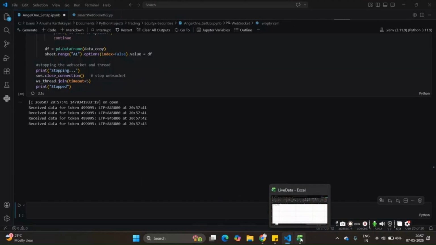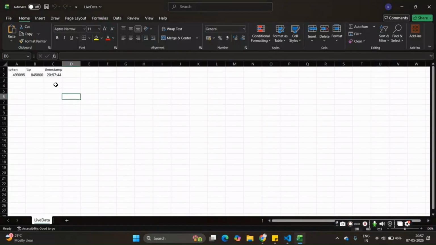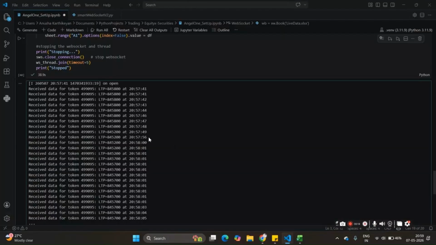Now let's move over to Excel and see how the data updates. Here, as you could see, we have the data being updated almost every 1 second. You have the token, the last traded price, and the corresponding timestamp for that particular data. So that's how you stream live market data